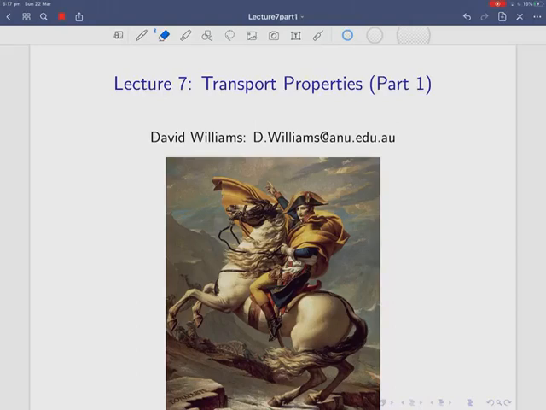Right, in this lecture, we're going to look at transport properties of condensed matter systems and ill condensed matter systems. This is an area which is slightly outside thermostatics, but it deals with systems which are very, very close to equilibrium, but where there's some kind of motion. And we're going to spend a lot of time talking about this area because it is an interesting area and has many, many applications.